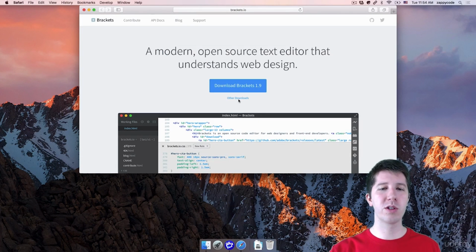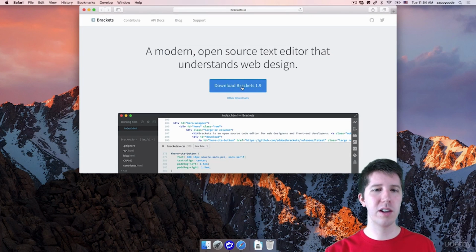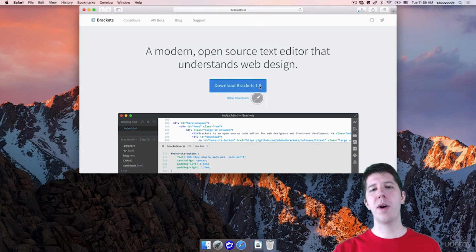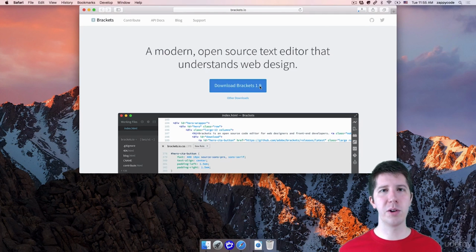But what we want to do is go ahead and first get it downloaded. So I'm going to click on this download Brackets. Right now, the current version is 1.9. You might have a different version at the time that you're downloading, but don't worry, there's no huge major changes in between versions. And so while that download is going, the other tool that we're going to need is the